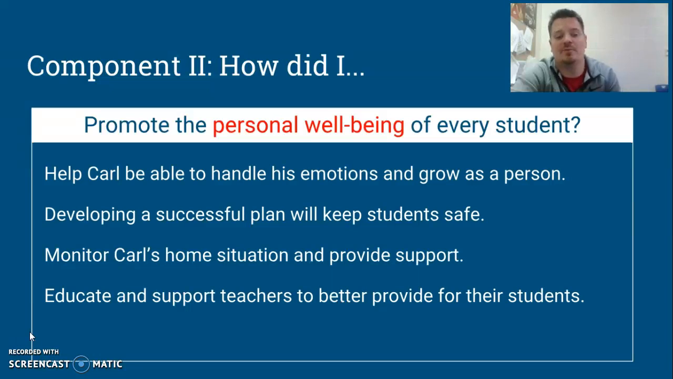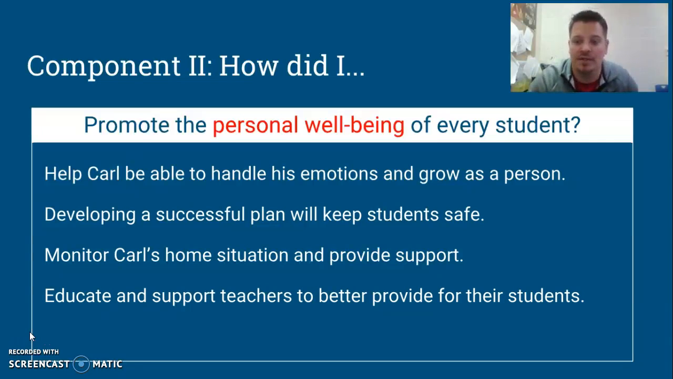Component 2, how did I promote the personal well-being of every student? So first, I helped Carl be able to handle his emotions and grow as a person, finding something that worked with him and him being able to cope. We developed a successful plan. If a successful plan was developed, it would be one that would keep students safe, help keep them from witnessing those things. They could be happier and safer. Also, by monitoring Carl's home situation,